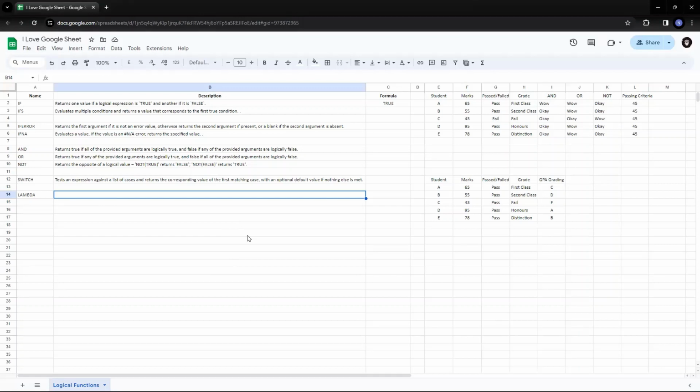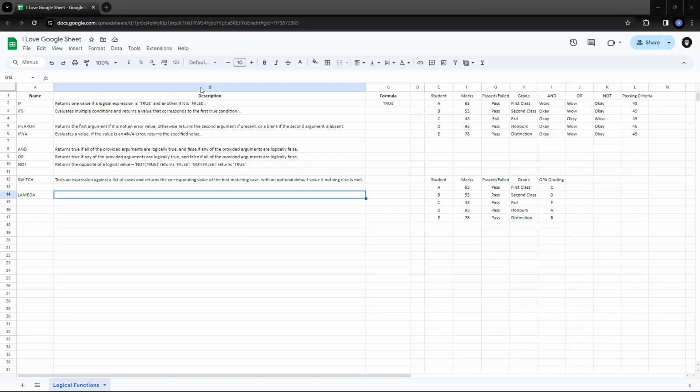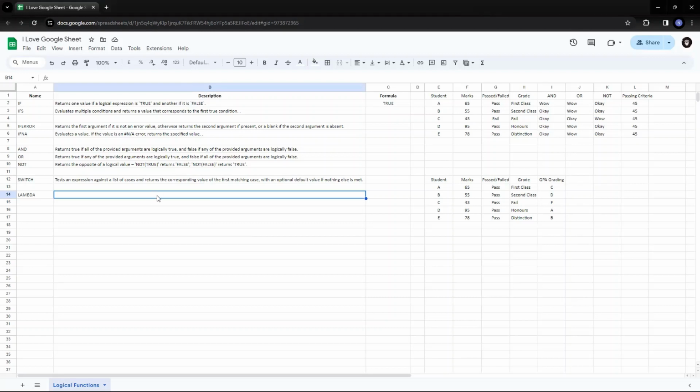analysis. Now, the Lambda function can create and return a custom function with a set of names and a formula expression that uses them. It usually will calculate a formula expression, so if there is any formula, it will calculate. And you can call that function with many values as named declarations. So let's try and understand why we use the Lambda function, because ultimately,